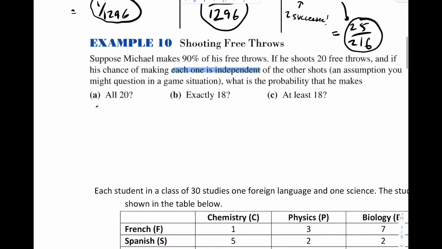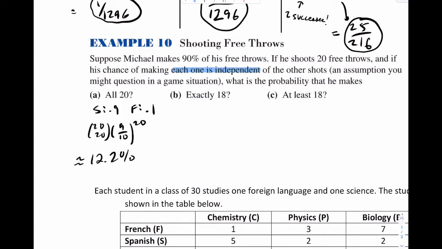So clearly our success rate is going to be 90%, so I'll put 0.9. Our fail rate is going to be 0.1. If you want to make all 20 free throws, that's going to be 9 out of 10 to the 20th power, and then 20 choose 20. So you print your calculator, and you're going to get, this is approximately